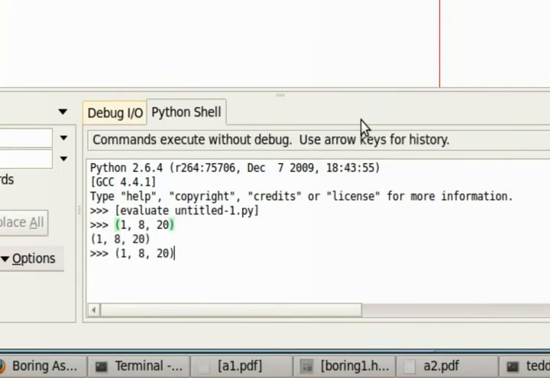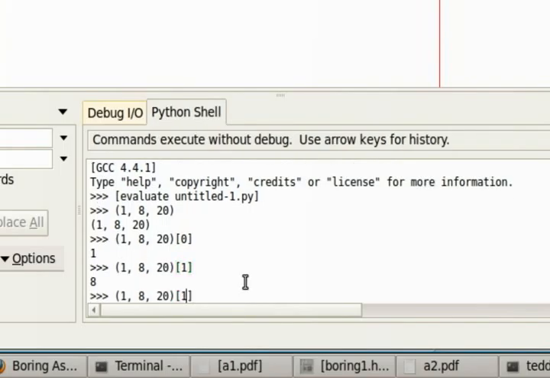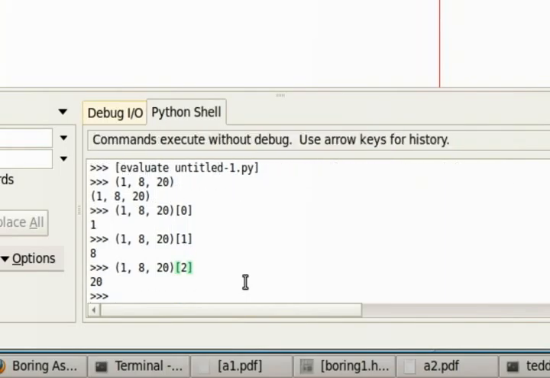Now if you want to access the first one, it is not index number 1, it's index number 0. Everything starts at 0 in programming. Alright, so 0 will get you 1. And what do you think index number 1 will get you? Well, yes, you're right. It will give you number 8. Alright, and then index number 2 is the third one. Okay, now lists do the same thing